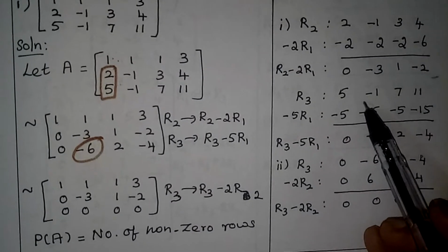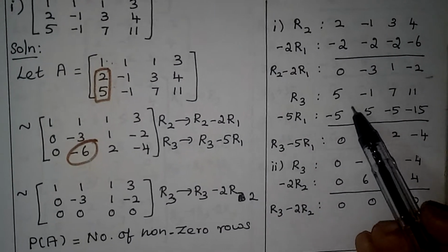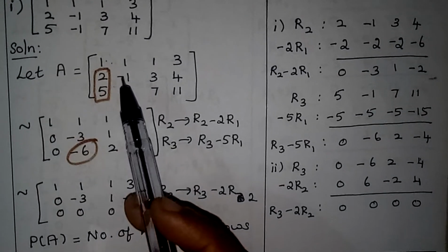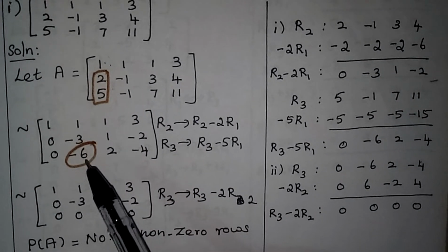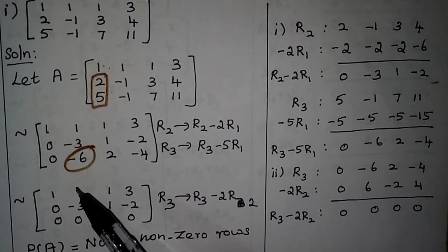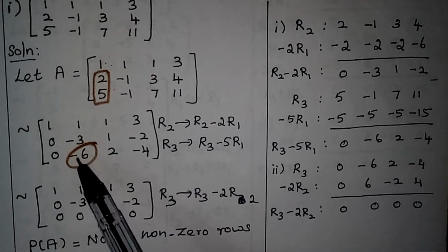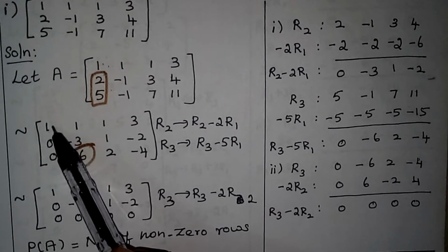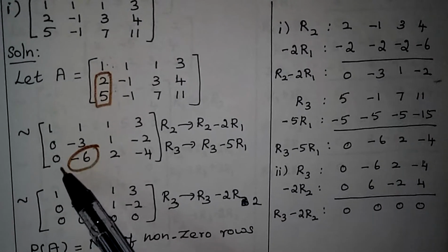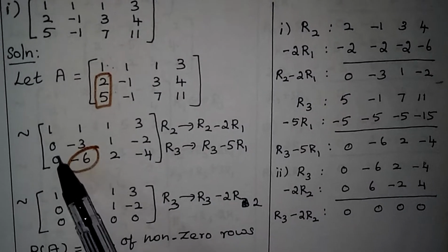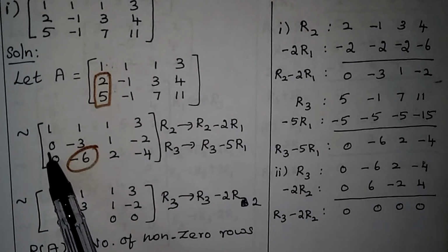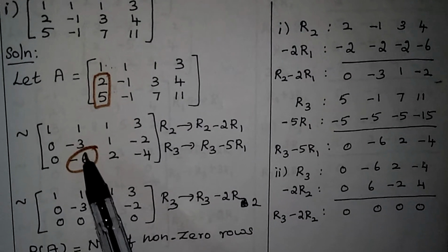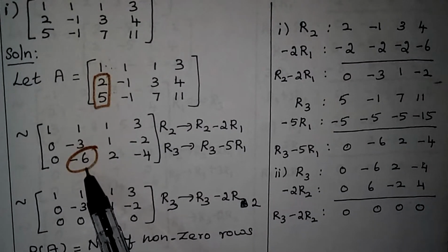And here we are doing elementary row operation. So at that time you should not put equal. You have to put this equivalent symbol. Okay. The given matrix and this equivalent matrices will have the same rank only. So only we are finding the equivalent matrix. So one rule is over. We made all the elements below the first non-zero element as 0. So next what you are going to do is, here you see the first non-zero in the second row. In the second row the first non-zero element is what? Minus 3. So below that what term we have, that you have to make it as 0, isn't it?